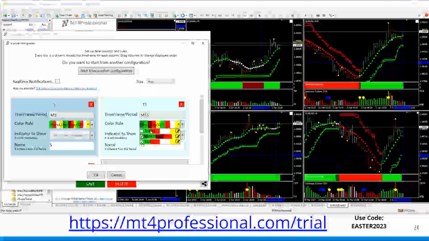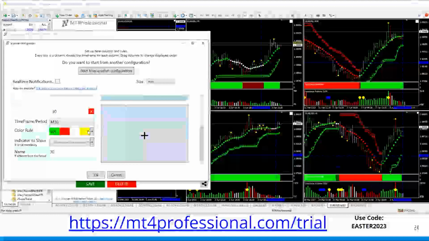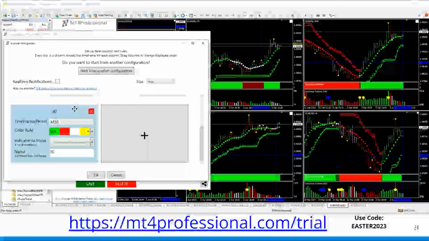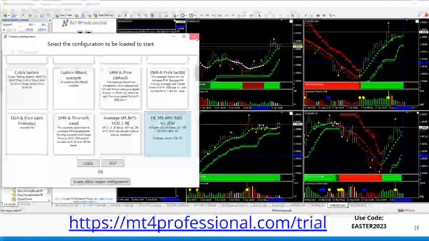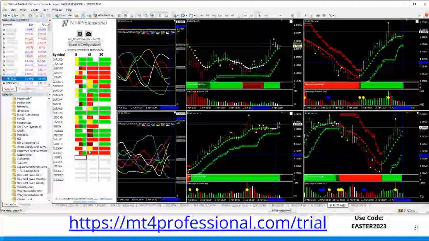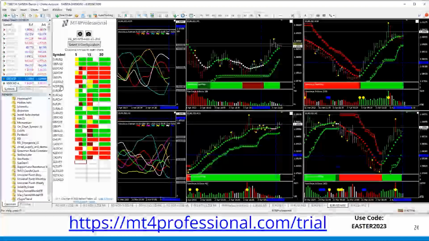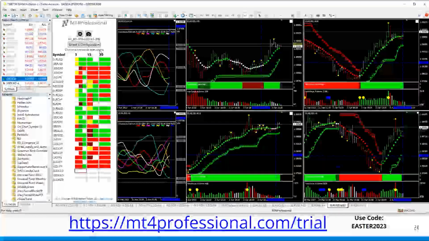I've taken one of them off, and then the last one just has a single one running on it. They're on all of the different instruments that you see, and they're all running at the same time right here. See that? All these different instruments, all the different time frames, and they're all running at the same time.